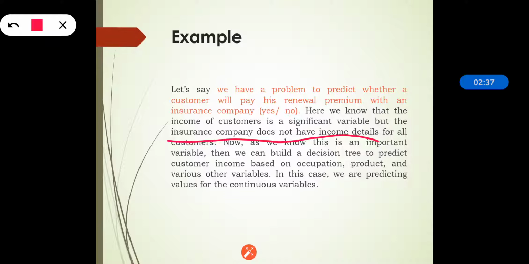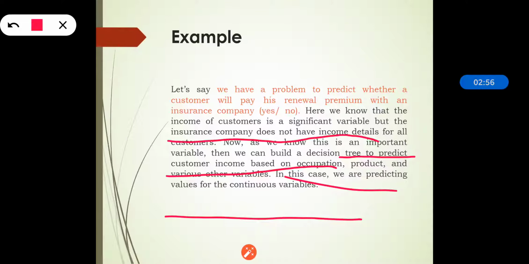Now, as we know this is an important variable, we can build a decision tree to predict the customer's income based on occupation, product and other variables. So in this case we are predicting values for a continuous variable. That is the continuous variable decision tree.